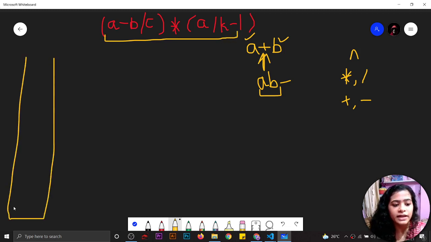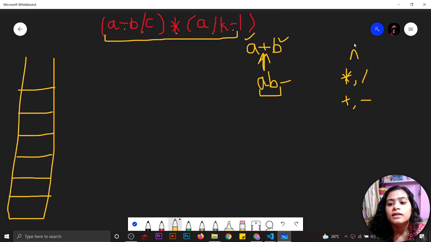So first of all we will take a stack, and then we will push all the elements one by one into this stack, and the operators are also having their precedence. Like this power symbol is having greater precedence than all these four symbols. The multiply and divide is having greater precedence than the plus and minus symbol, and the multiply and divide symbol is having same priority, and the plus and minus symbol is also having same priority, but plus and minus is having lower priority than the multiply and divide symbol.